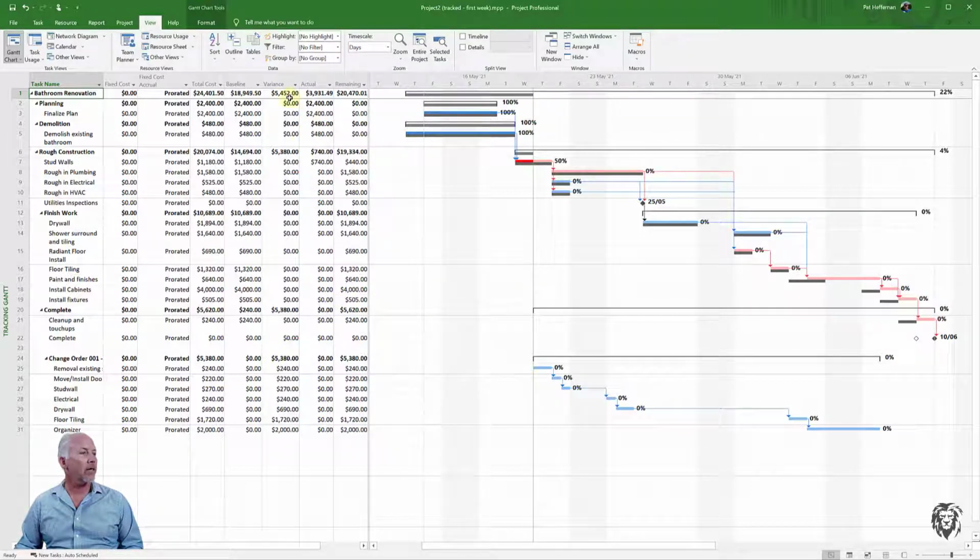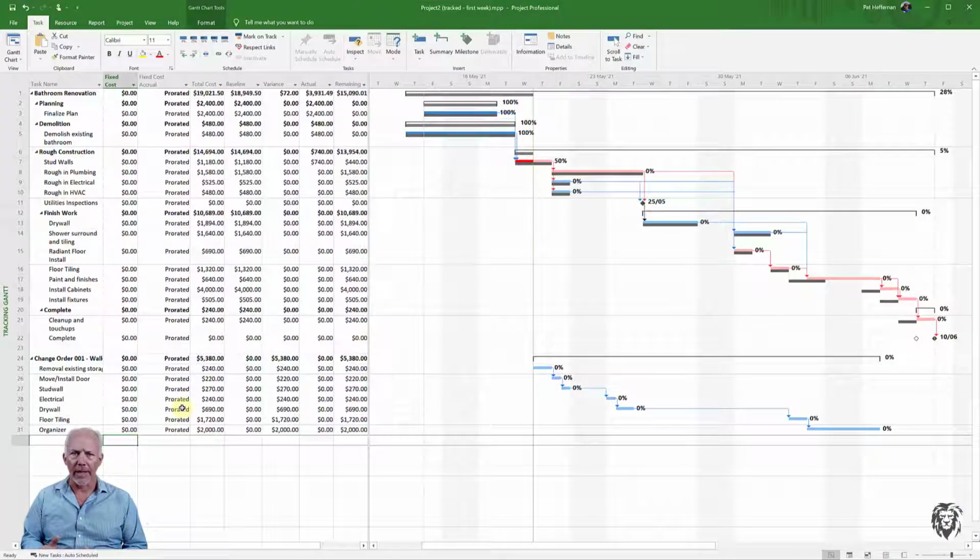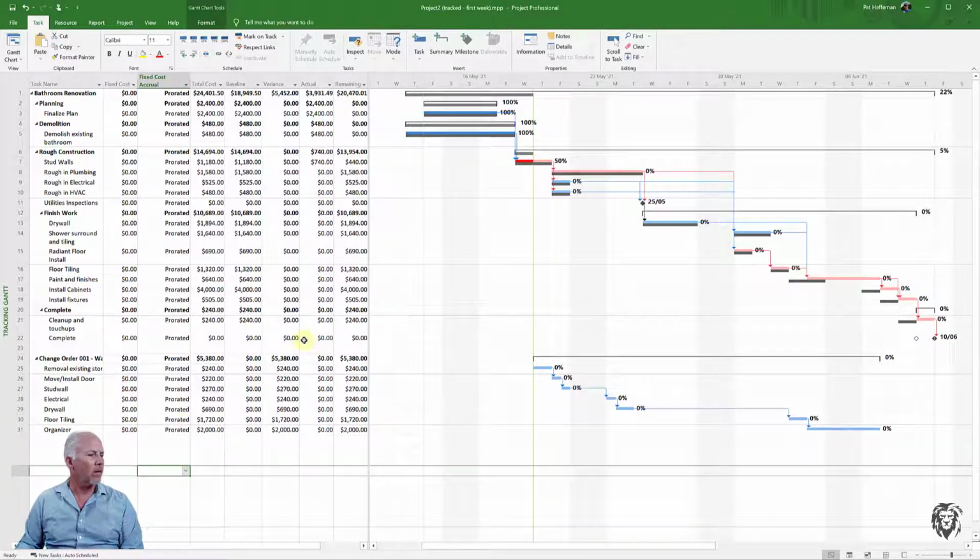And then we can look and see what the cost is. Okay, so I just had to change my indents there. For some reason, I had put my change order subordinate to some of my other tasks, and I didn't want that because that doesn't properly reflect. And so what we see here is that our variance is 5,452. Now,